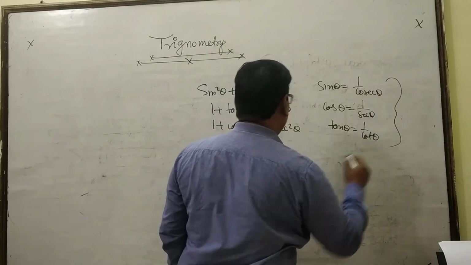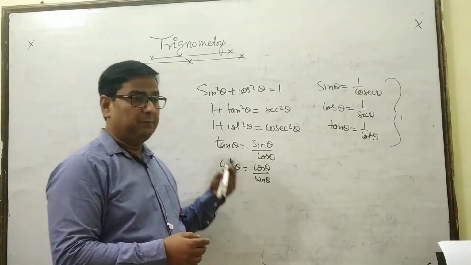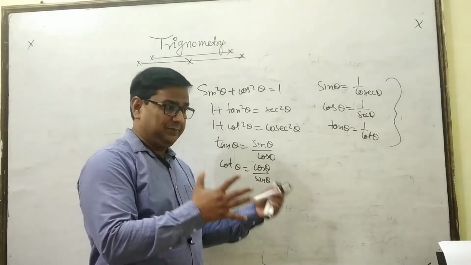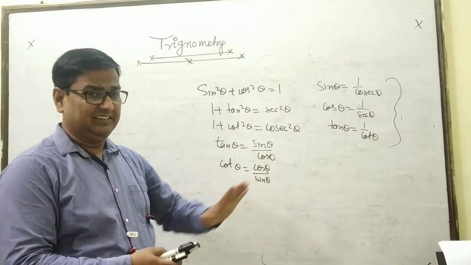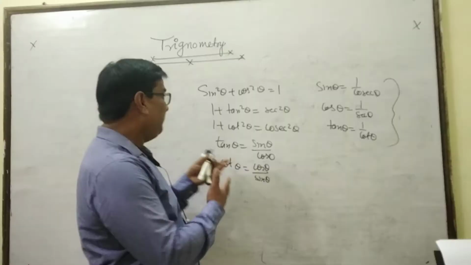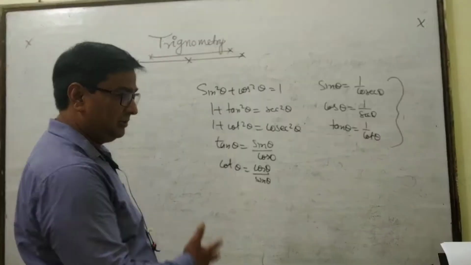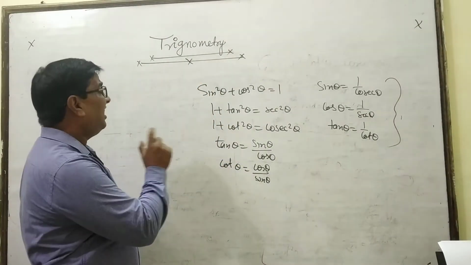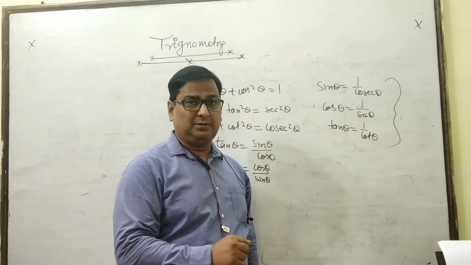Now, these are very important trigonometrical identities. With the help of these identities, you have to prove any type of identity. If any identity is given, you have to prove it by utilizing all these identities. And the exercise is based on these trigonometrical identities, that is, identity based equations. Identity based questions are given, and another concept in trigonometry, that is complementary angles, I will also explain in this video.